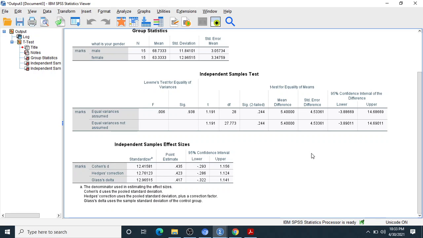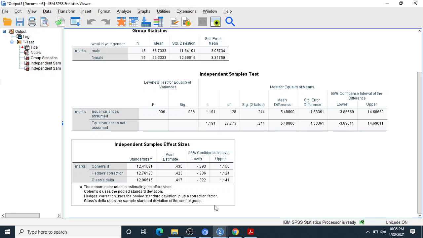So this is our result. The second way to check whether it is significant or not is to compare the lower and the upper values. Either they both should be positive or both negative. If one is positive and one is negative, we can say it's non-significant. But no need to go for this one, this is the second option. The first option is to decide on the basis of this value. If the value is less than 0.05, there is a significant difference, and if it is more than 0.05, there is no significant difference. So there is no significant difference in the marks of the boys and the girls.